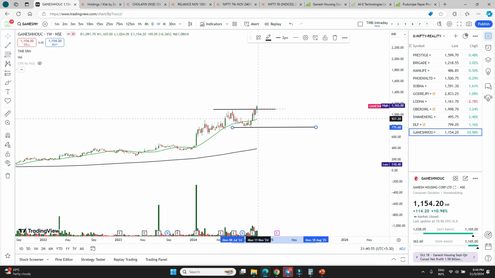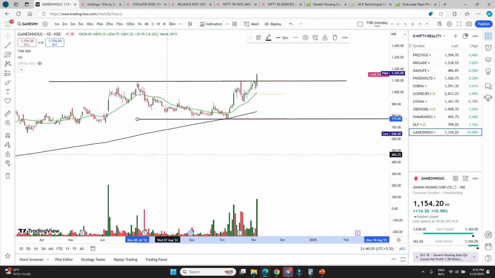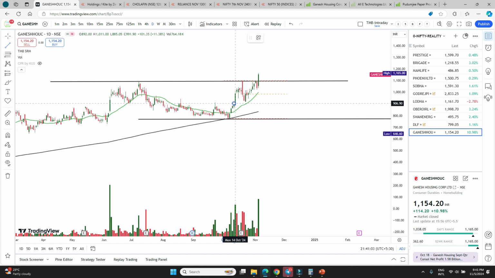So for the time being, I am going to go for the daily time frame, previous low. What is the previous low? This is the previous low. I am going to take 900. Since 900 is a round figure, most of the time they will bring the price down to the round figure or close to it,